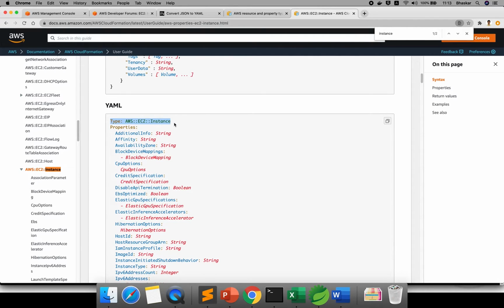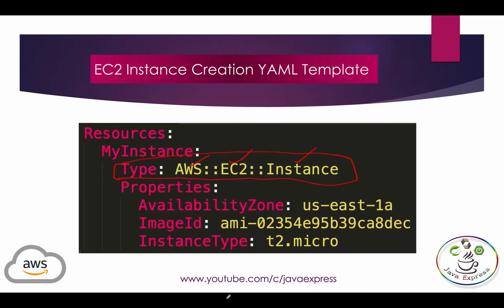I'm not writing anything, just explaining in detail whatever is given in the documentation. Next, let me open. Resources is one of the tags. If you create any type, it should be inside Resources.